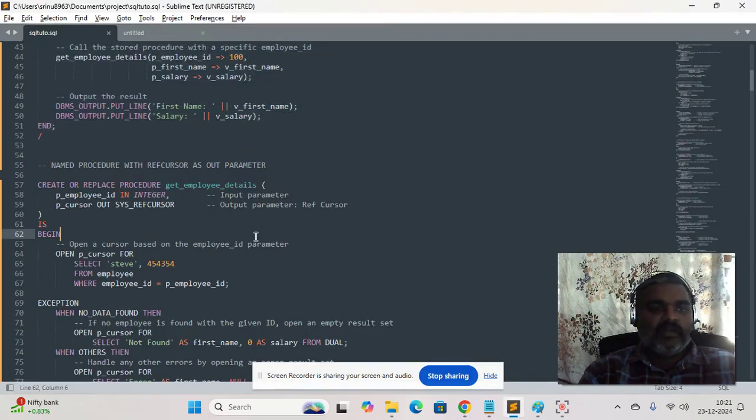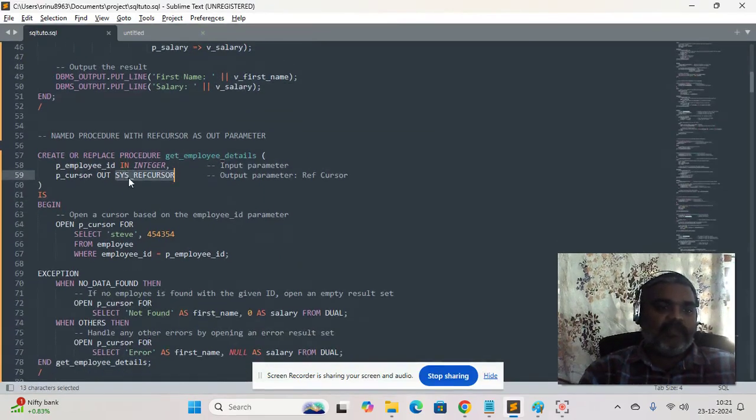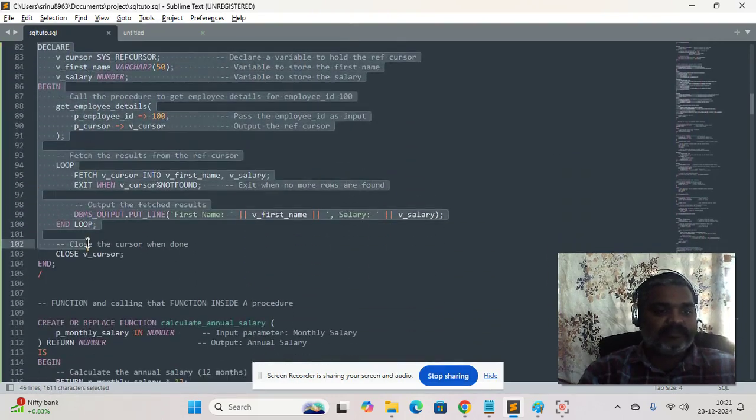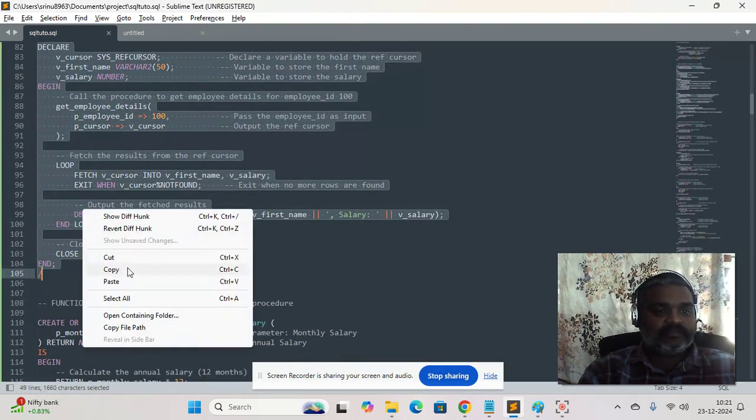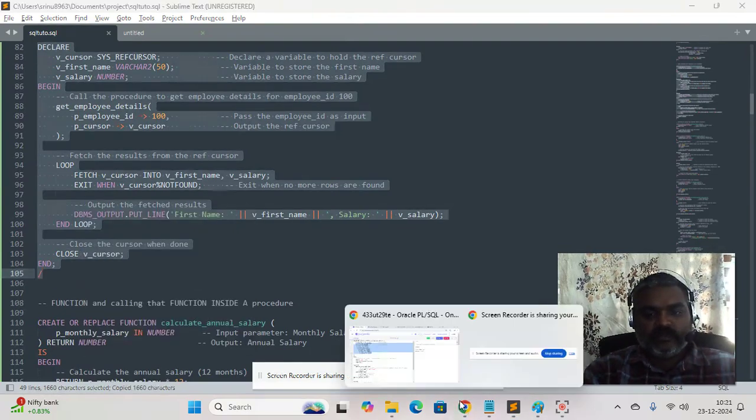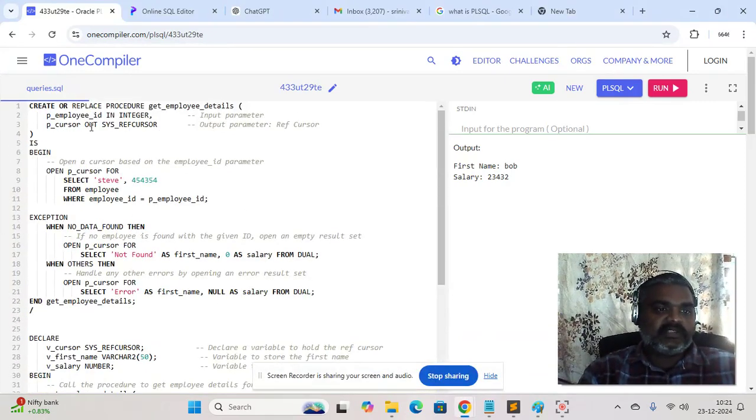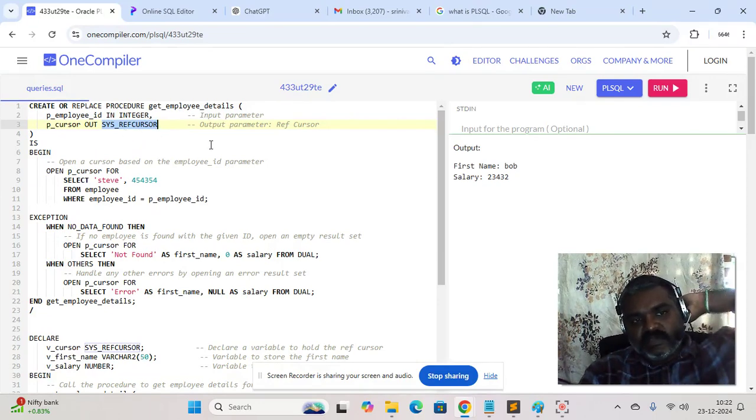We have a reference cursor. A reference cursor is generally used in such scenarios to avoid that problem. So I'm going to take this reference cursor example here. You see the reference cursor. We have only one output parameter, that is the reference cursor, assigned with the reference cursor type. Reference cursor types are generally used for implementing stored procedures